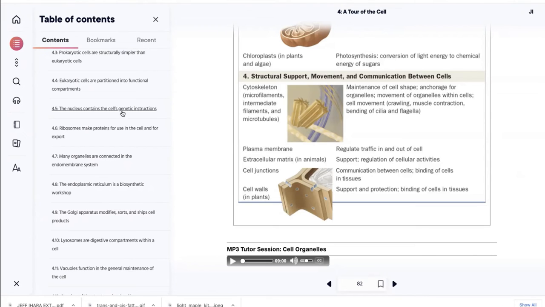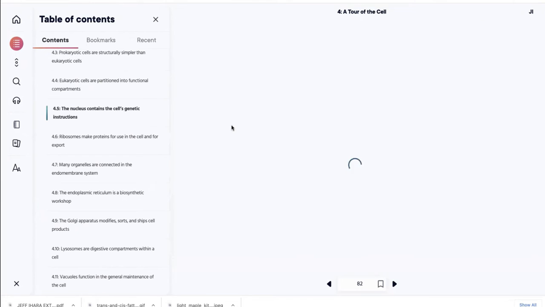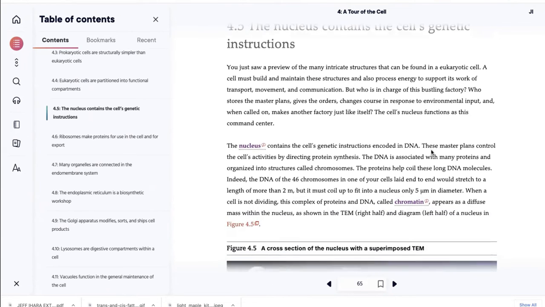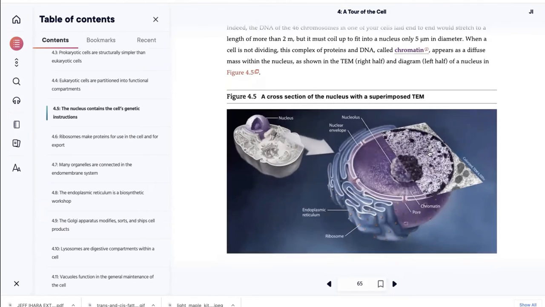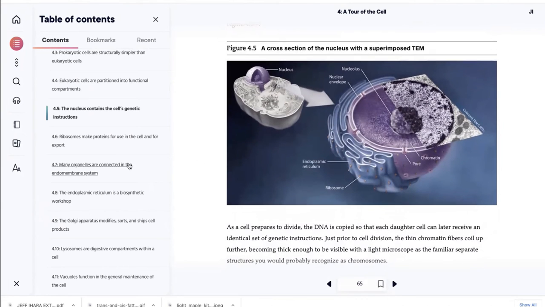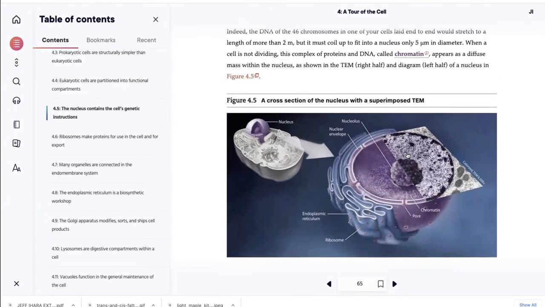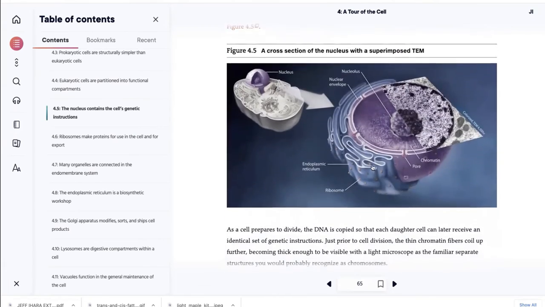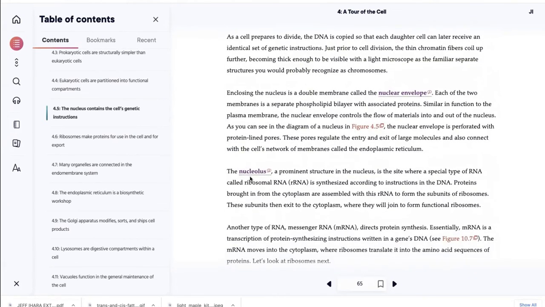There's more detail in the textbook than what I'll be holding you responsible for. Okay, but it's still definitely worth your while to go through and read these sections of the textbook very carefully. Right. So there's a section on the nucleus telling you what happens in a nucleus. Right. So you've got the storage of DNA. You've got the synthesis of